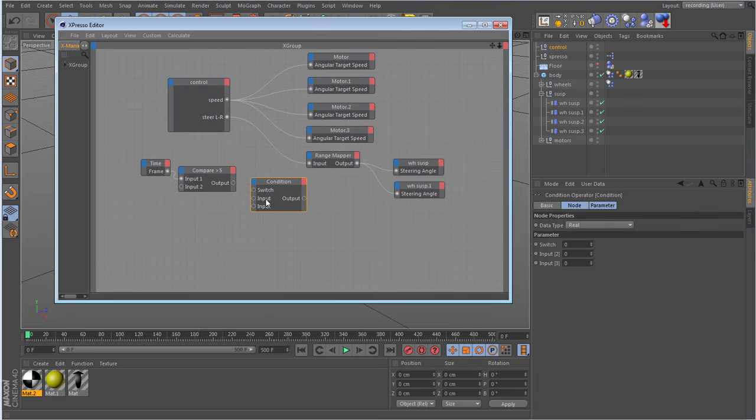But at the moment, 2 will suffice, because if I put this switch on here, and if I say that when this is greater than 5, the second output will be fed through. But before 5, up to 5, the first output will be fed through. Sorry, the first input will be fed through. I just set the first input to 0 and I can feed this other one via this node.